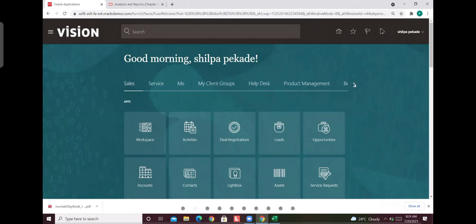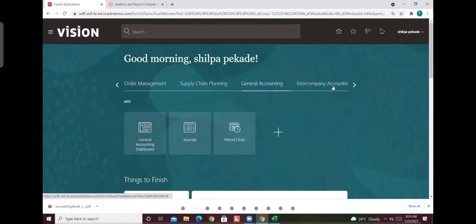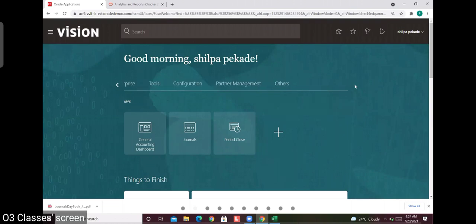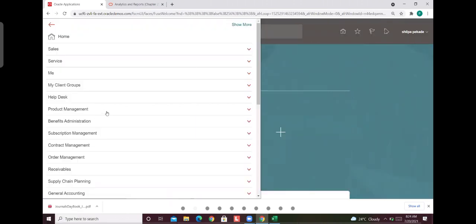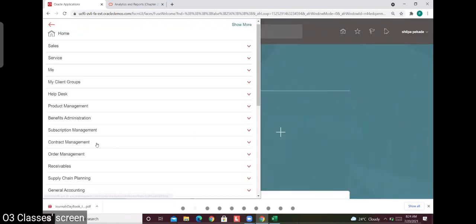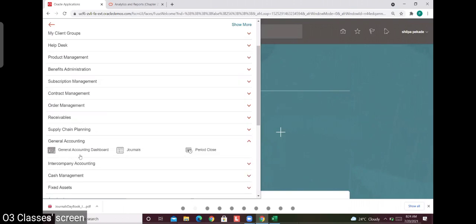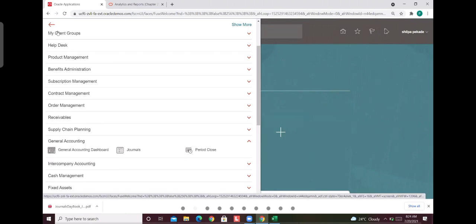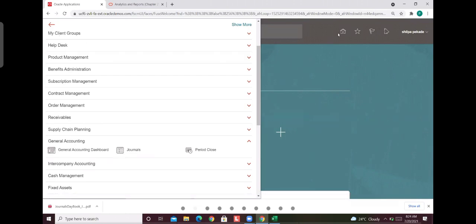So what in case if we don't... Shilpa, you need to click this one. Okay, actually I clicked, but is it because yesterday's deployment was not successful? No, that is different. Deployment is only up to there, otherwise you can go to the navigator. Here also you can find the general account. You can go for two navigations, either the navigator or the home page.